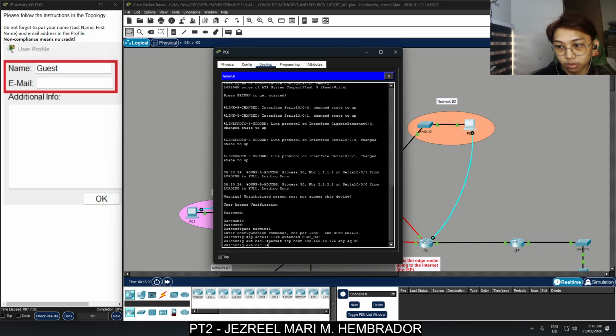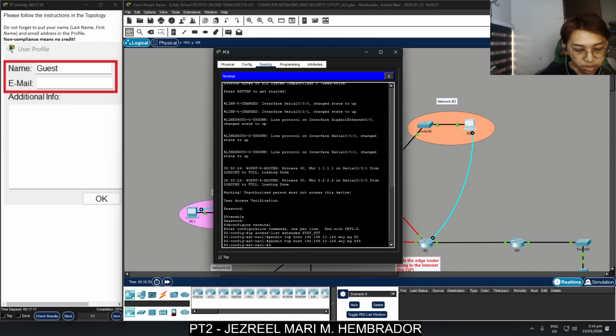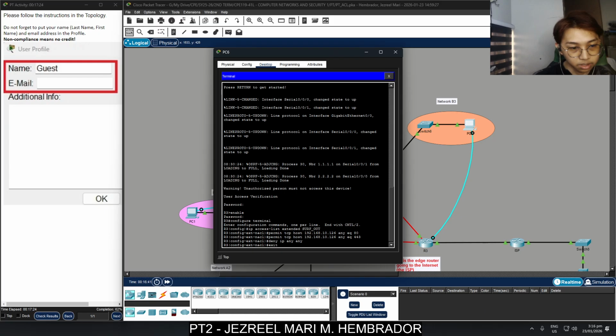Then we're going to type the same, but this time for 443. So permit tcp host 192.168.10.126 any eq 443, and then we're going to deny ip any any, and then exit.